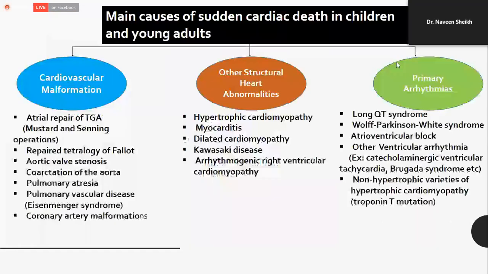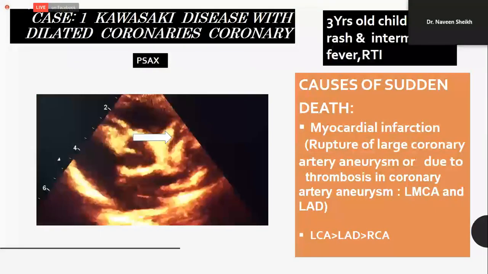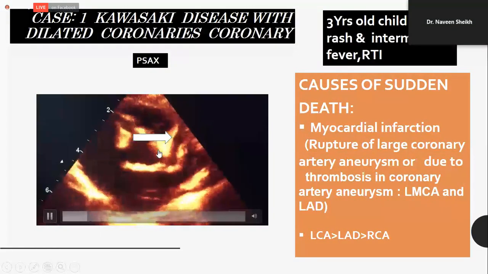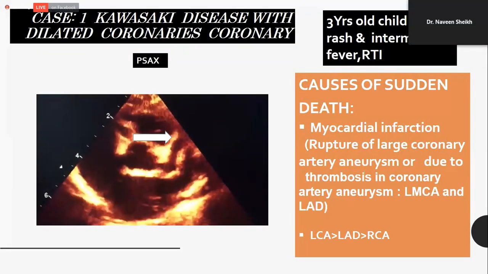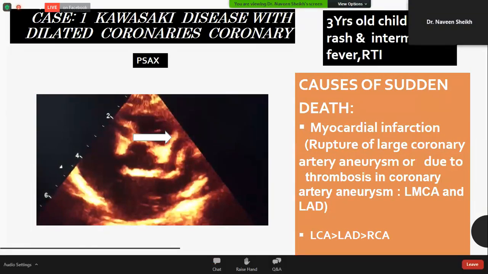What are the causes of sudden cardiac death? Cardiovascular malformation, other structural heart abnormalities, or primary arrhythmias. My first case is Kawasaki disease. Here we can see dilated coronary arteries in a 3-year-old child. The cause of sudden death in this case is myocardial infarction due to rupture of a large coronary artery aneurysm or